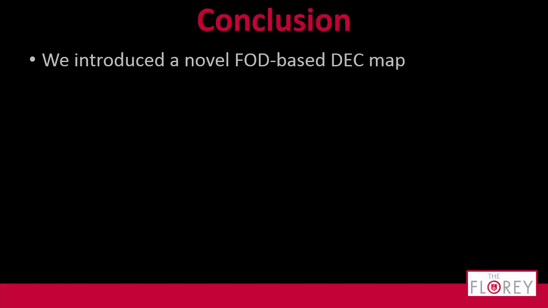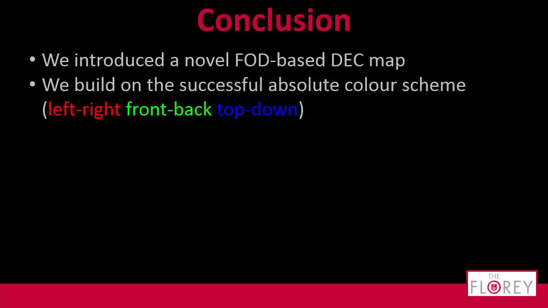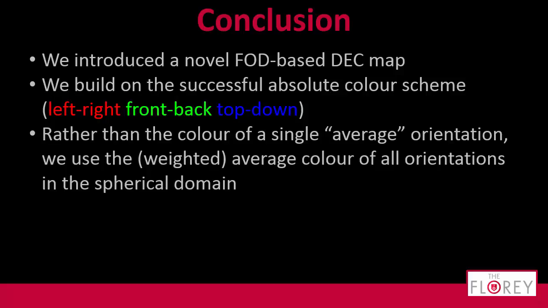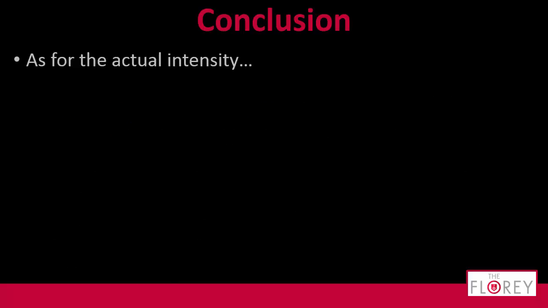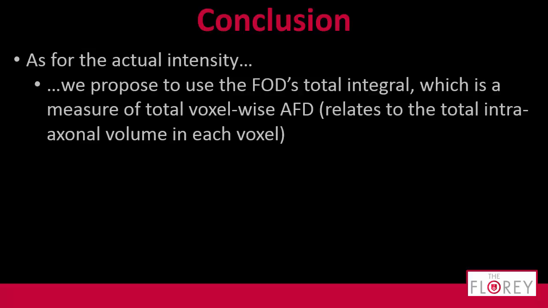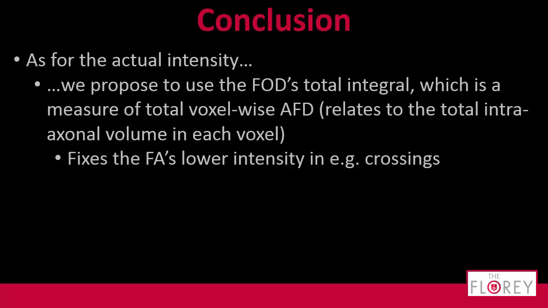So to conclude, we introduced a novel FOD-based DEC map. We built on what was already there, and we love it. And rather than the color of a single average direction that comes out of the tensor, we now use the weighted average color of all orientations. Gives a different contrast, as you saw. This solved our main issues of misleading DEC use for individual voxels, as well as edges that appear in the overall map. Finally, for the actual intensity, we propose to use the FOD's total integral, which is AFD, fixes the